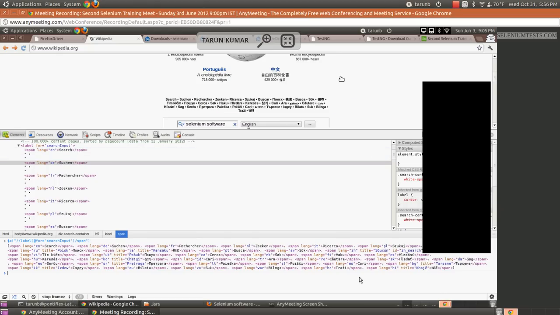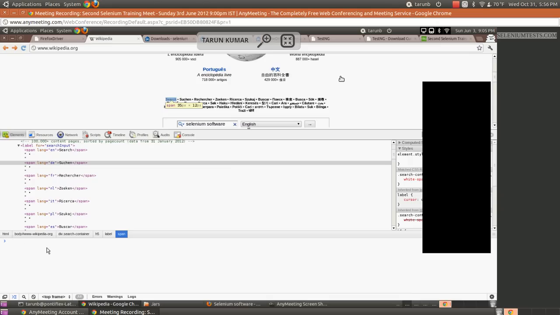Okay, great. Now consider you want to see only the first span. The first span, if you see, has Search, right? So if you want to return the first span with XPath, you just write 1 here. It's kind of an array implementation. So if you say span[1], it will get the first span. Yeah, so if you see here, we have got the first span. Yeah, hi Sandeep, we have just begun with the session.